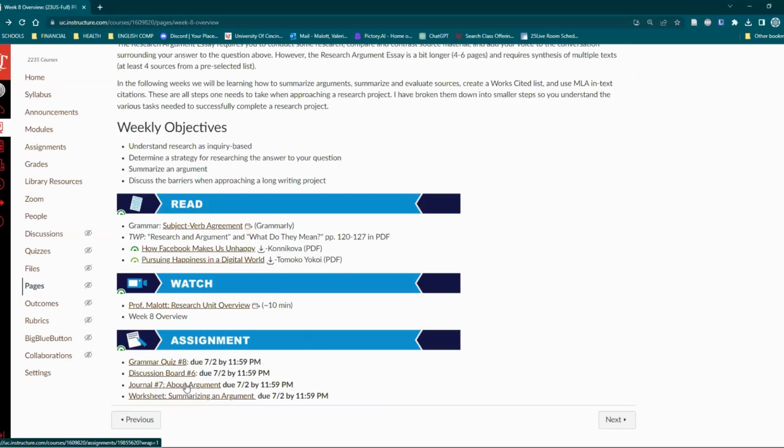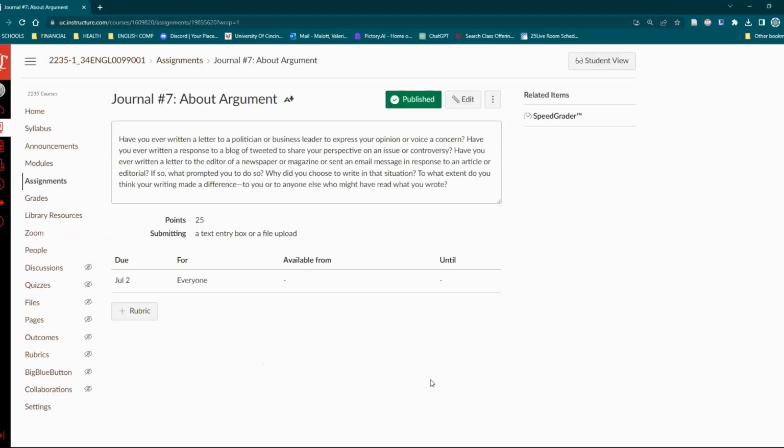And on top of that, we have journal number 7. This one is about argument, and this is just your private thoughts. This won't be seen by anybody but me and you. So I want to know a little bit about your experiences with argument. Have you ever written a letter to a politician or a business leader to express your opinion or voice a concern? Have you ever written a response to a blog